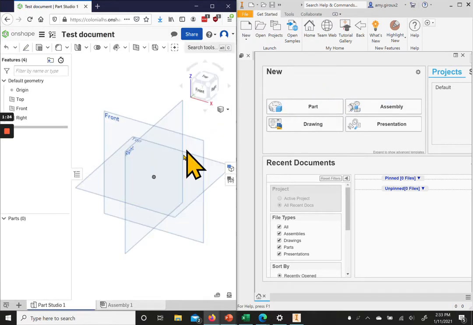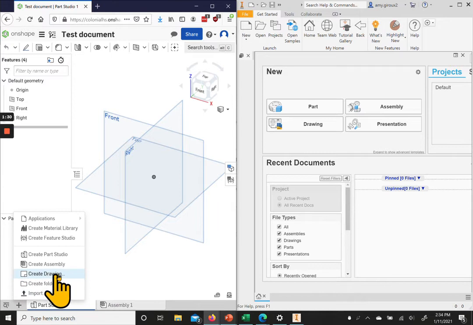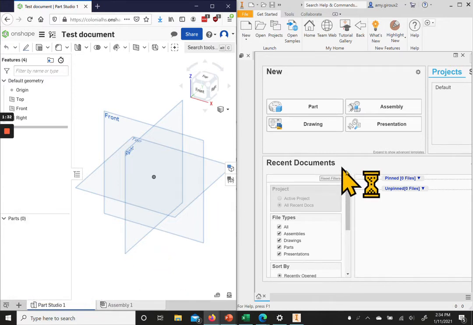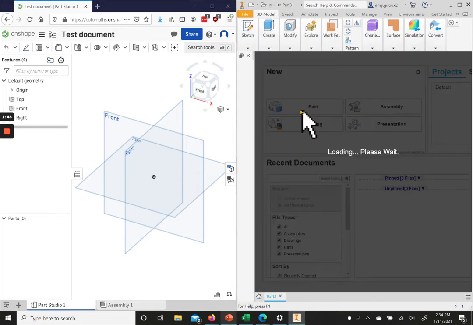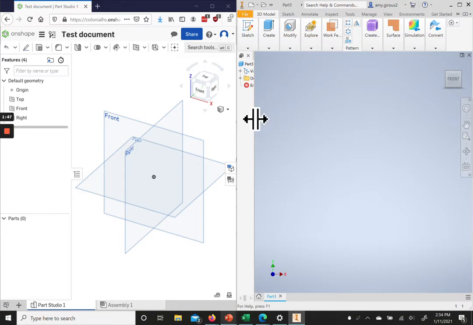Just like for Onshape where there are tabs, where you can have parts, you can have assemblies, you can have drawings, in Inventor, those are the types of files you would make from the beginning. Instead of making a document that holds all of them, you would make a file for each type. So we're going to start with a part file. Okay, it pops open